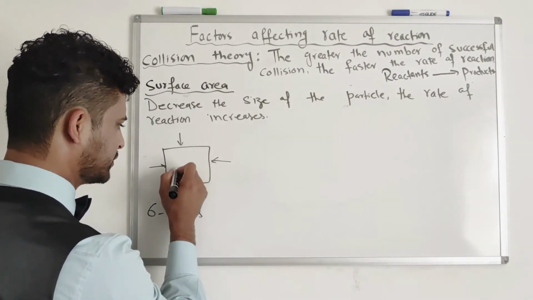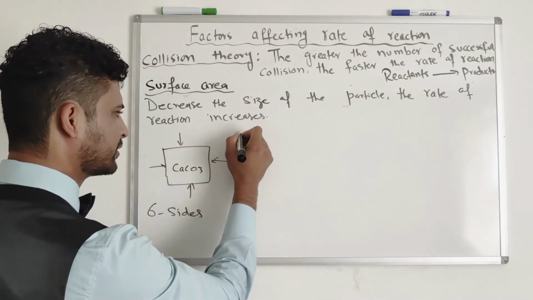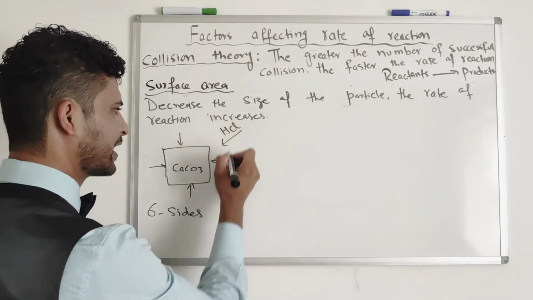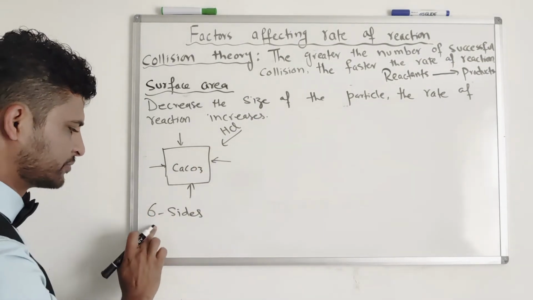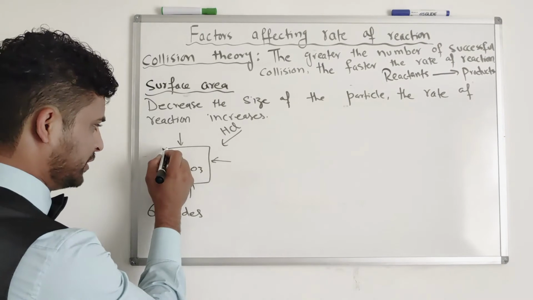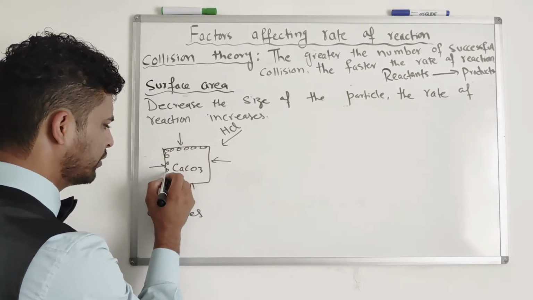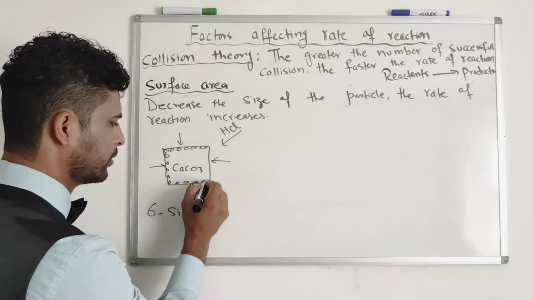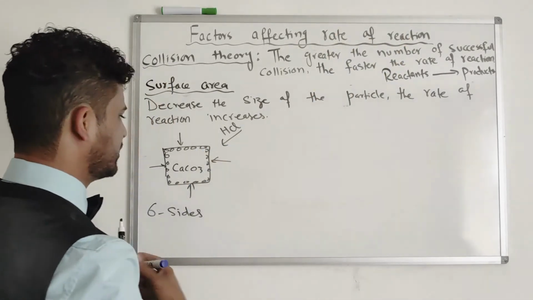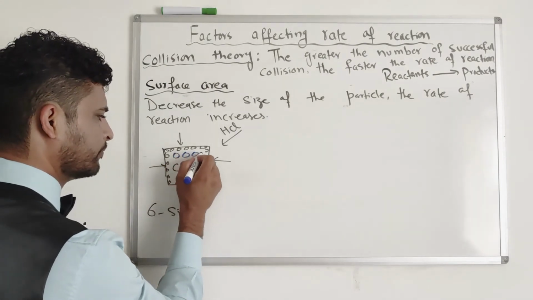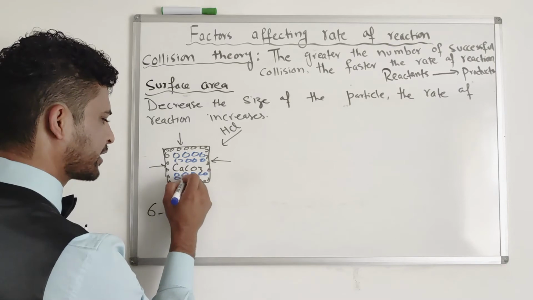So if this is calcium carbonate, and you are going to dissolve that into hydrochloric acid, hydrochloric acid molecules can only attack from 6 sides. So the particles on the top of the surface are only available for the chemical reaction. The particles which are actually inside are not going to react unless they are exposed to